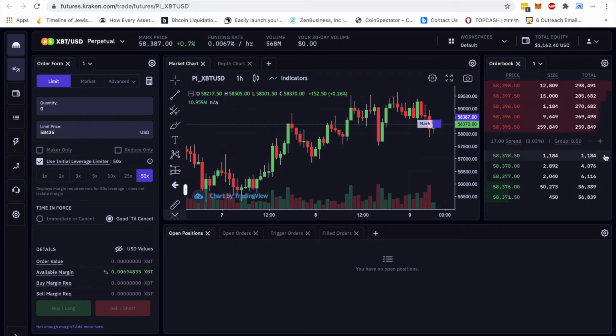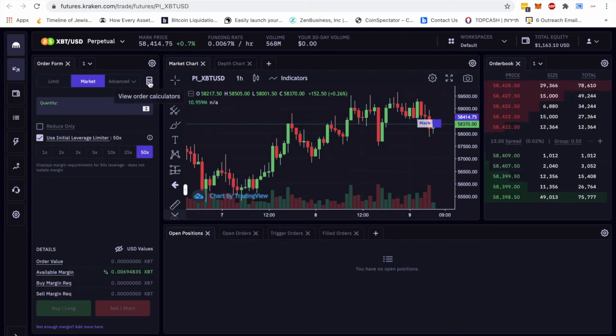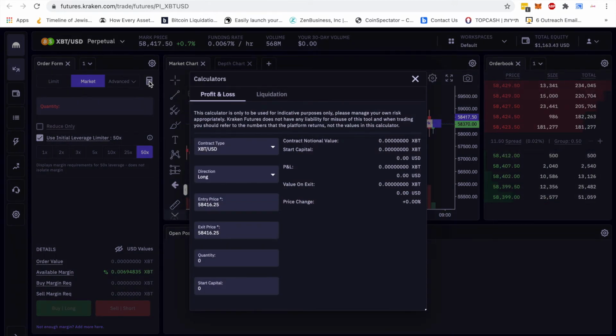Here you can see the order book. Here you can see the size, the seller. Here you can see the buyer. And the cool thing is you can actually choose your leverage. You can trade from leverage 1 up to leverage 50. And you obviously can open a trade based on a limit order, so you dictate the price for your trade and when the trade will be executed, or you can do just a market order.